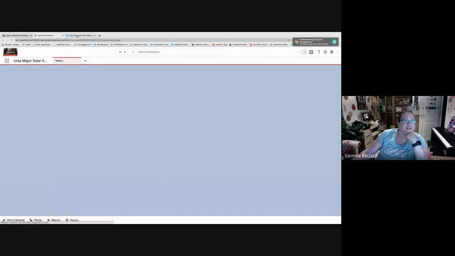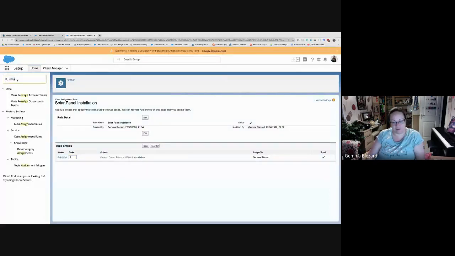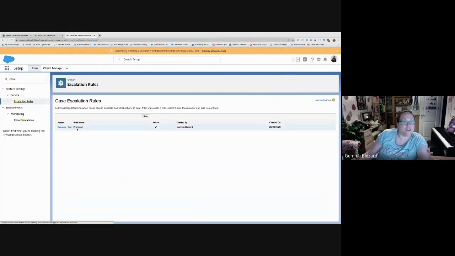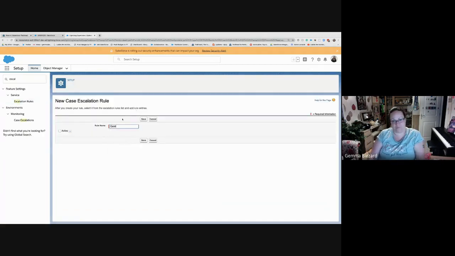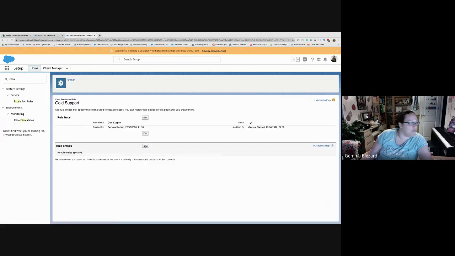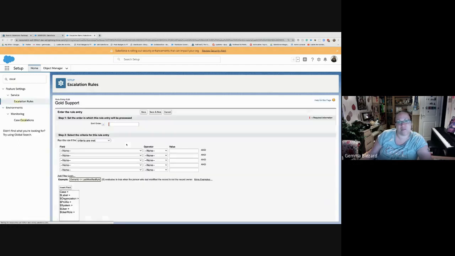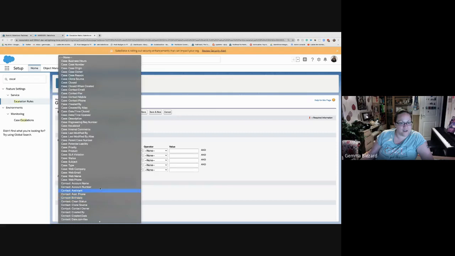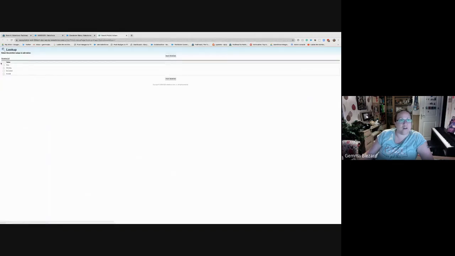Let's have a look at escalation rules now that we're in here. So I'm just going to type in escalation. And we have another standard rule in here. And we're going to create a new one called gold support. And click active. And in our new rule entry, we're going to say that if the status is new, then send it to gold support. It's very simple. It's probably not a real life example, but it's just to prove the concept. So if the status is new,